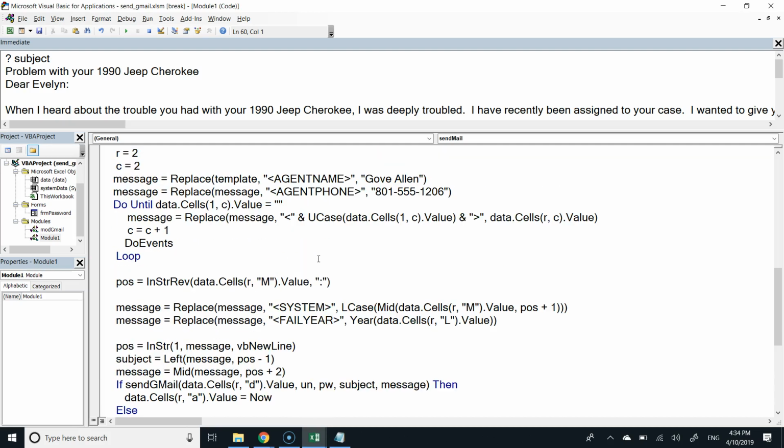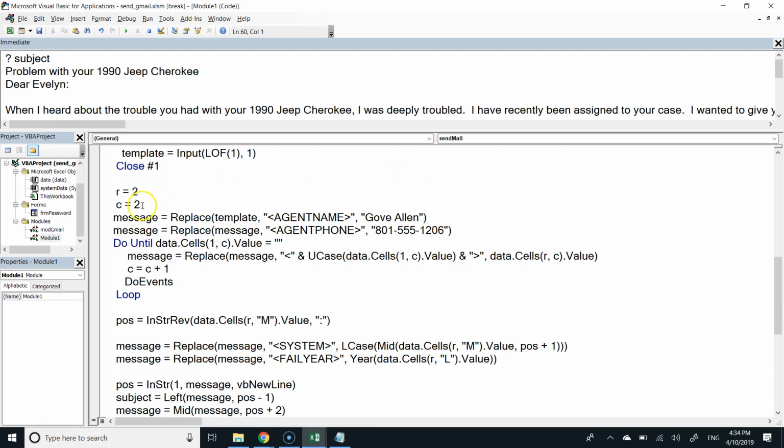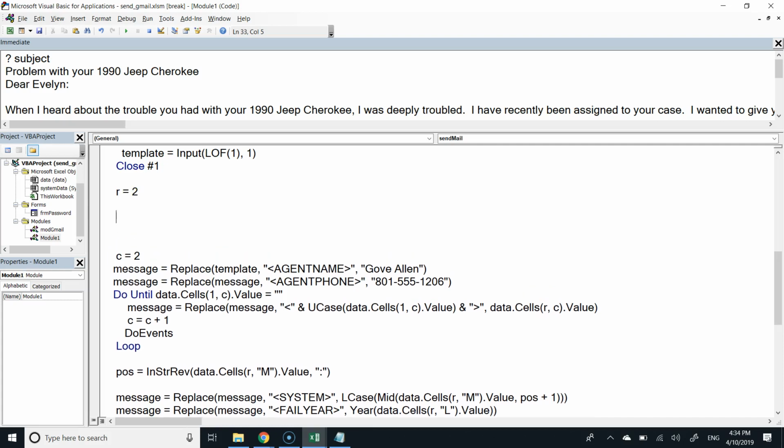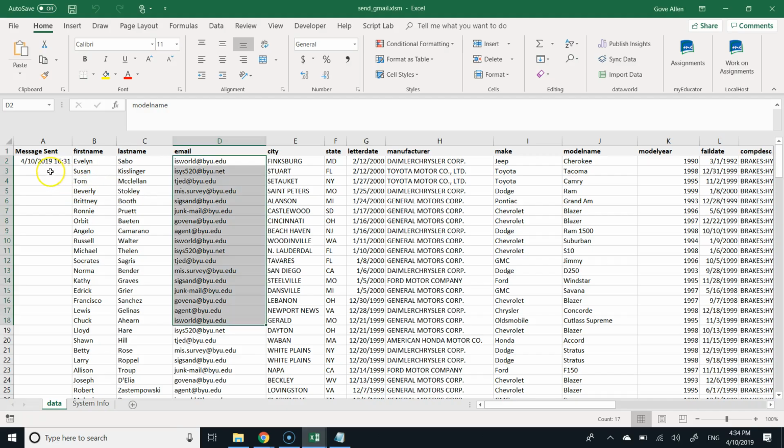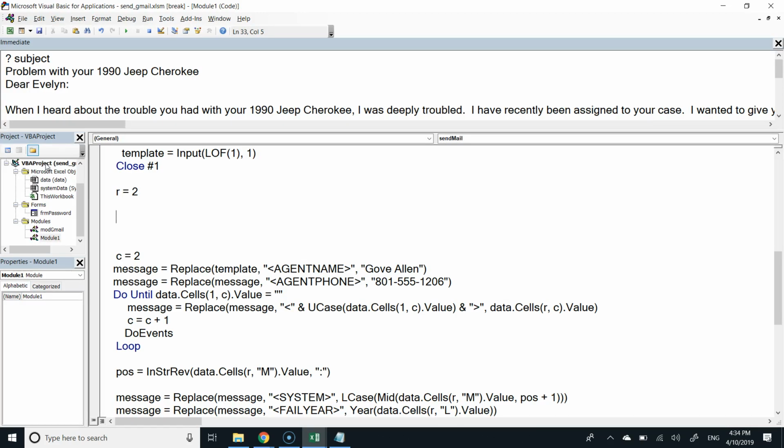Okay, so here's what I'm going to do. We're always going to start here. We always want C to come back and start, but now we're going to start on row 2, but we've got a couple of problems. First of all, if I run this, I want to start by advancing down to where I don't see anything in column A. So I want to first scan down until I don't find anything in column A, and then from there, let's start sending until we don't see anything more in column B. So this is a two-step: I've got to find where to start on this list and then run until I'm finished. So I'm going to do until,